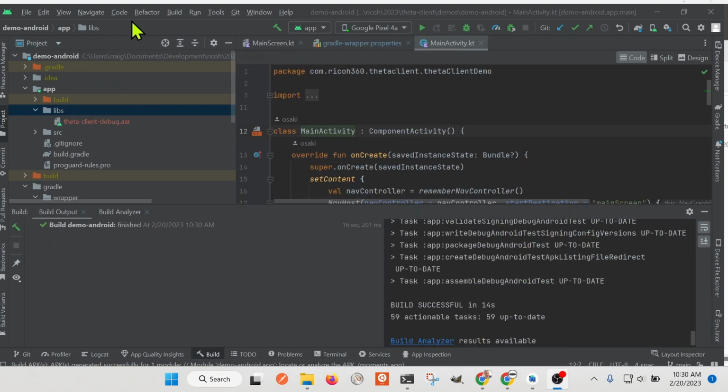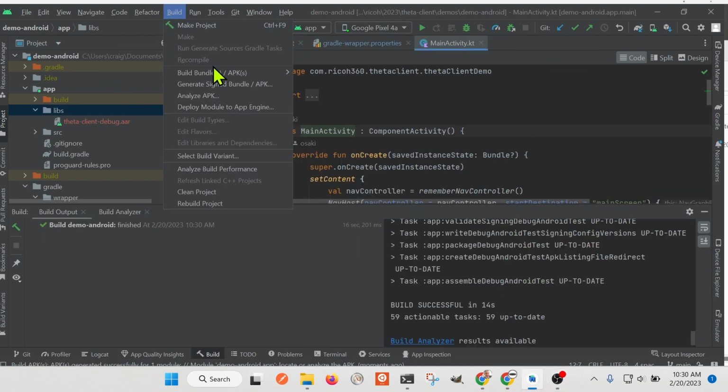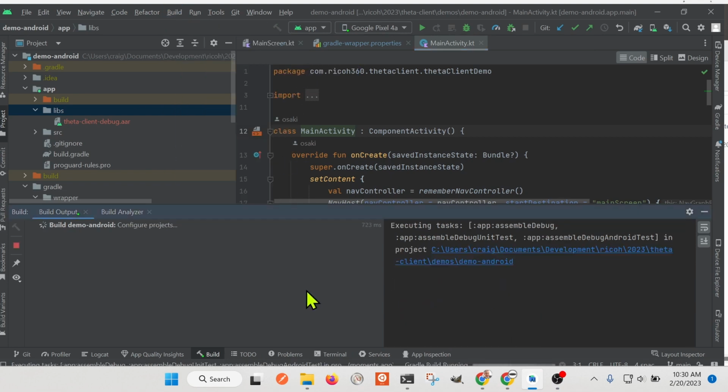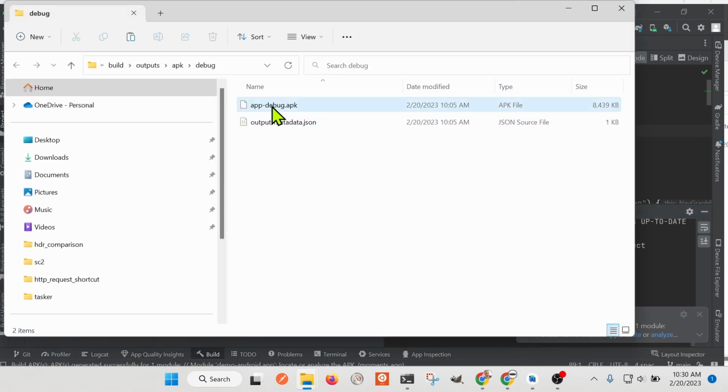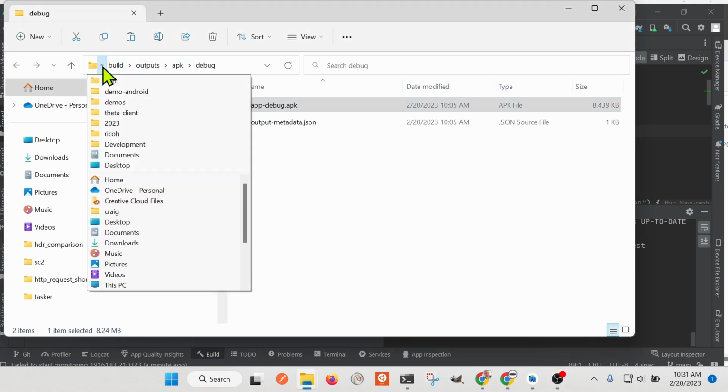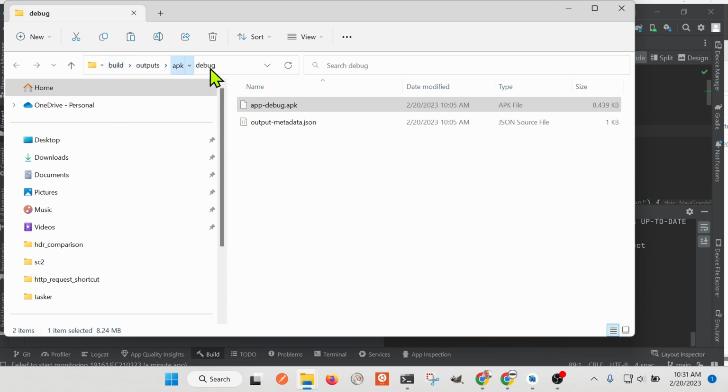At this point, you could just press play if you are hooked up to an emulator or to a physical device. I'm going to build it as an APK and then install it with ADB onto the physical device. Once the build is completed, I'm going to click on the locate button on the menu that popped up on Android Studio, and it takes me to the location of the APK. This is the APK that was just produced for the